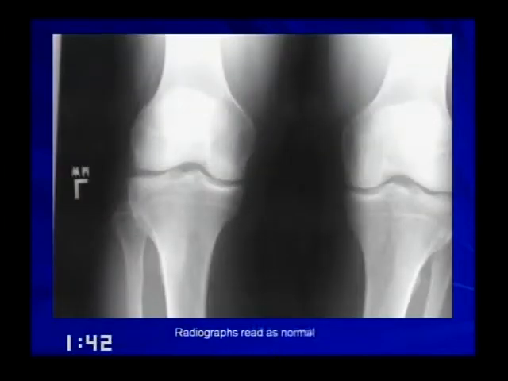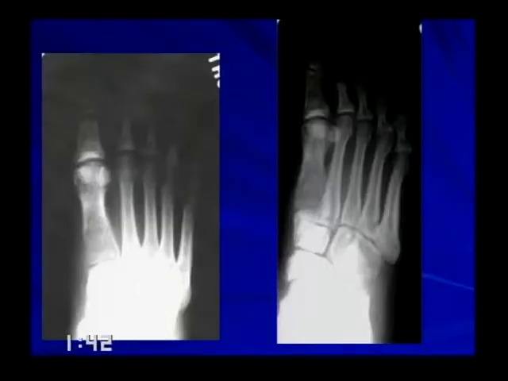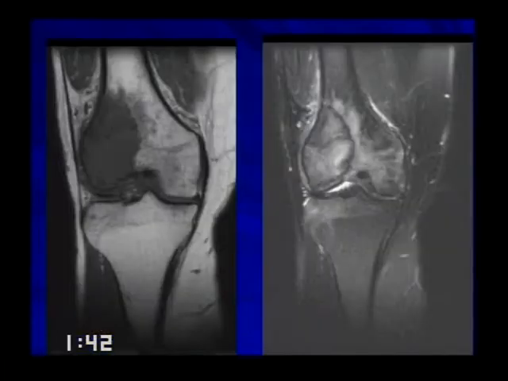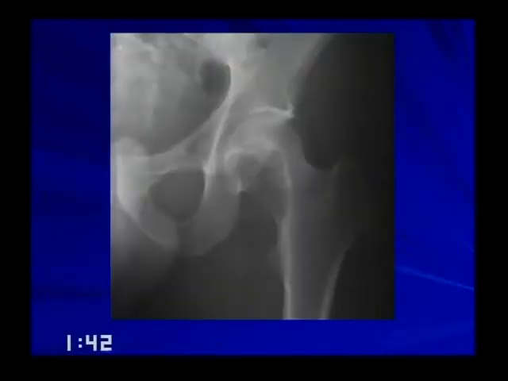Here's a patient that has one here. No matrix, the location is great. Here's another one, very typical. They can occur in the small tubular bones of the hands and feet, but they typically go down to the subarticular bone. They can have sclerotic margins, but it's not common. And here's another one, an MR. Here's one in a radiologist that ordered his own film. So these patients are usually 35 or 40 years old.